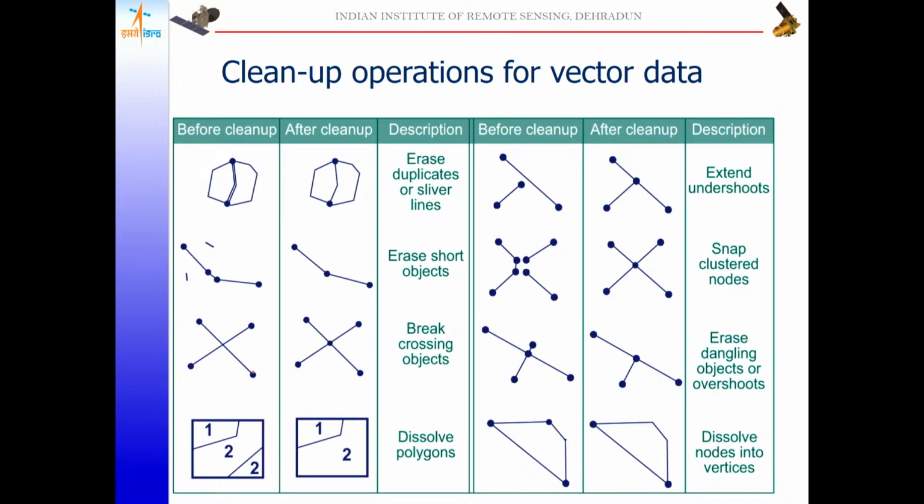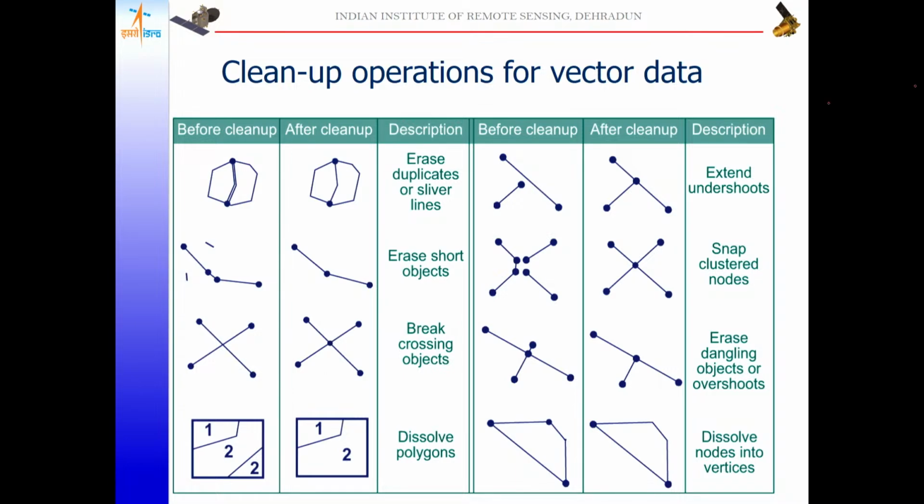So you have many overshoot and undershoot errors, and sliver lines and sliver polygons. In that case, there are certain options to edit the data. If you have forgotten to enable snapping and created the errors,